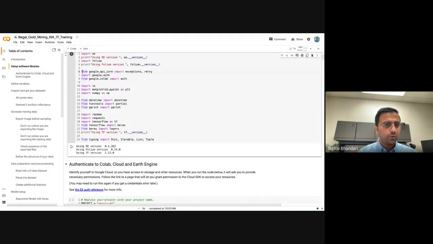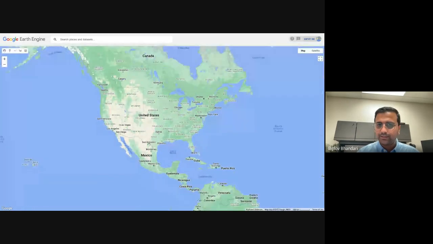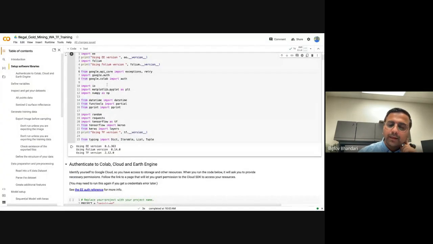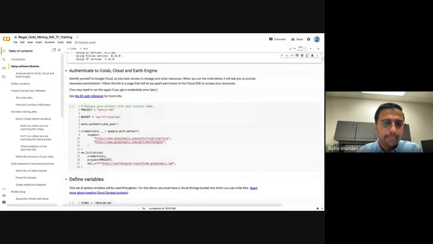Yesterday we saw the code editor version of Earth Engine, which is the JavaScript form. You had a place to write your code, you had a place to visualize your result instantly, and you could print all those things. If you want to visualize something with the Python API, because today we'll be using the Python version of Google Earth Engine, you need Folium. There are also other libraries like geemap, which is pretty famous, that you could use, but for the sake of simplicity, I'm just going to use Folium for now.